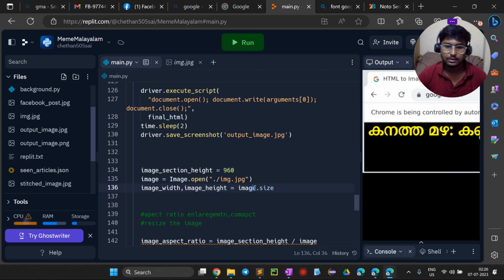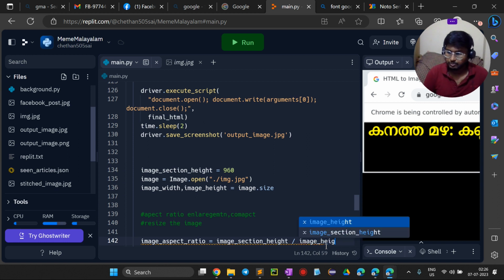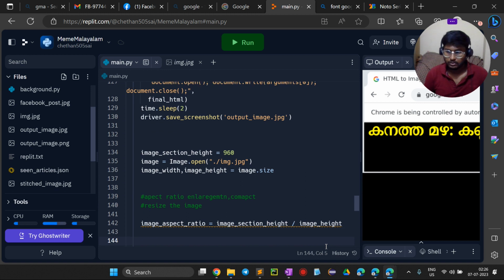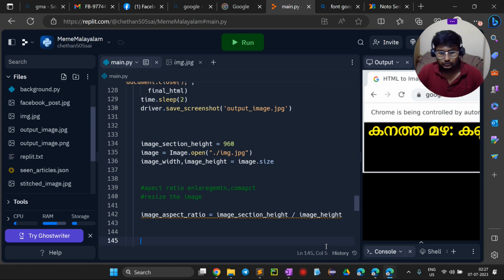Forgot to say, this image dot size will have two values, the image width and the height, and also other values, but we are only taking these two. Okay, now once we have this, we would have to resize it. So resizing,